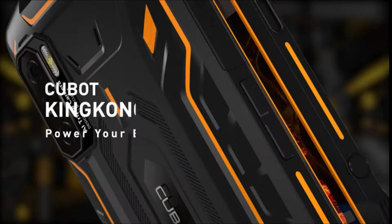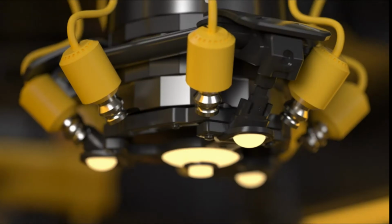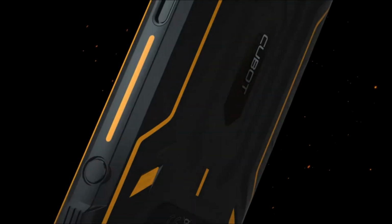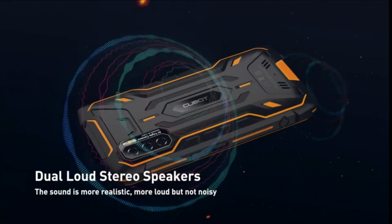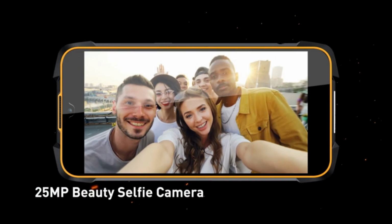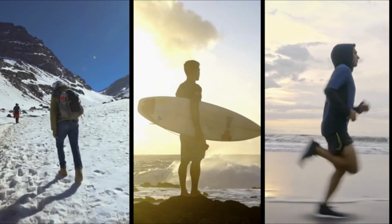Android 11 rugged smartphone, waterproof, drop-proof, the newest OS Android 11 with an MT6762D octa-core processor. King Kong 5 Pro unlocked cell phone passed the IP68 and IP69K and MIL-STD-810 standards, and is waterproof up to 1.5 m for 30 minutes, drop-proof up to 1.5 m height, 99% dust-proof. Dual loud stereo speakers, 4GB RAM plus 64GB ROM. This phone unlocked comes with dual loud stereo speakers, 6.1-inch HD plus screen, 4GB RAM plus 64GB ROM plus 256GB expandable,